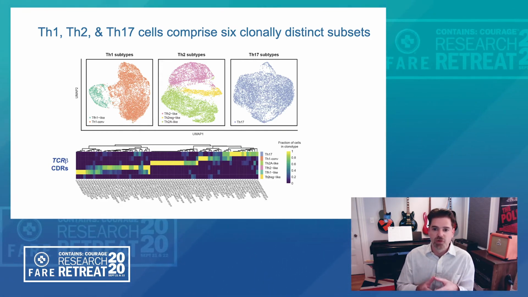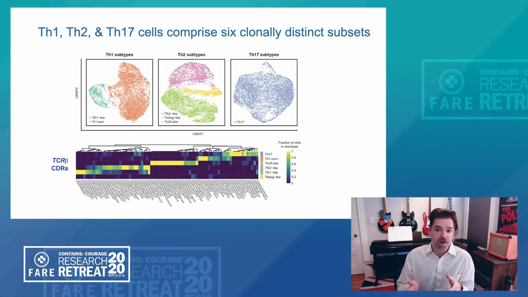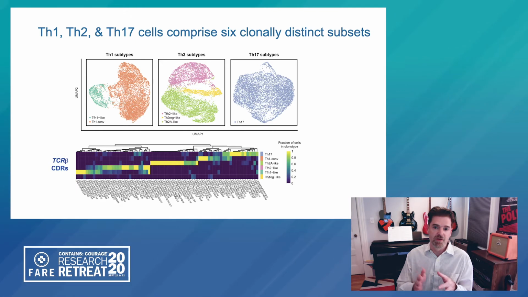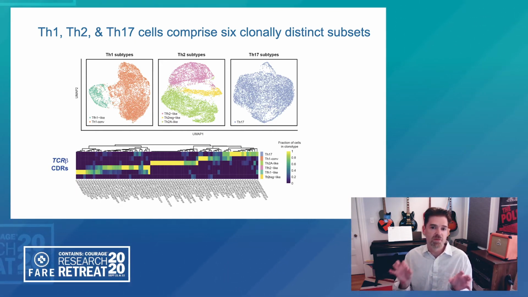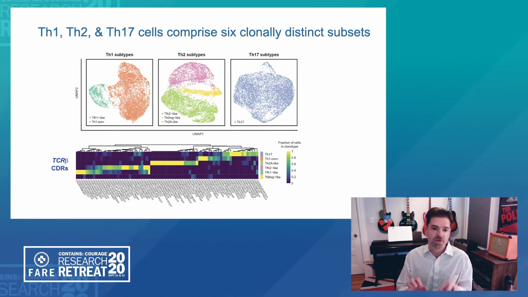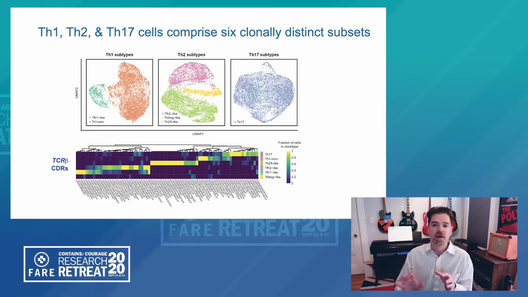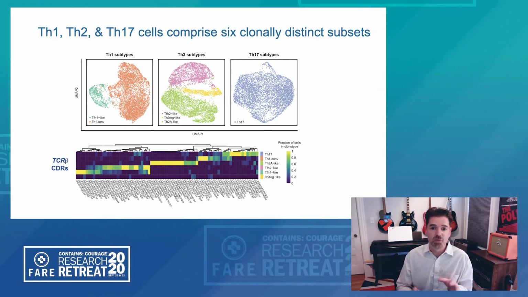In the heat map shown at the bottom, you can see on the right-hand side the different subtypes and then the clonotypes that are represented. And you can see that based on the fraction of cells present in each of those, they represent reasonably distinct clonotypic variants. There is some shared clonotypic identity between the TFH1 and TFH2-like populations, but the Th2A, as well as the Th17 and Th1,